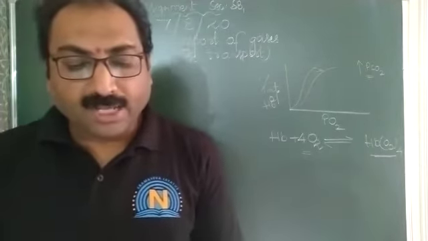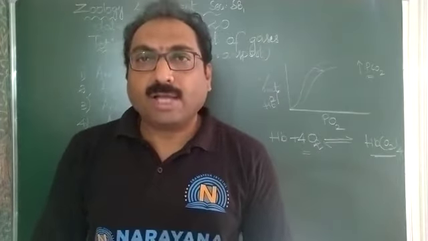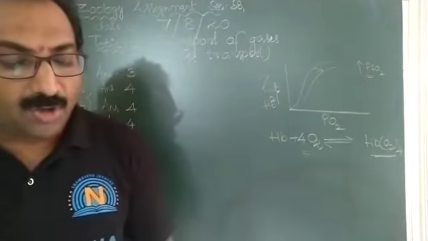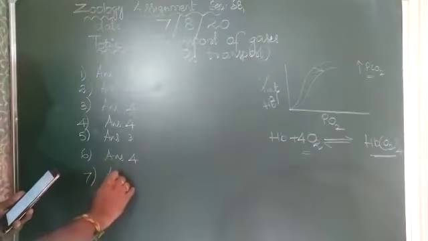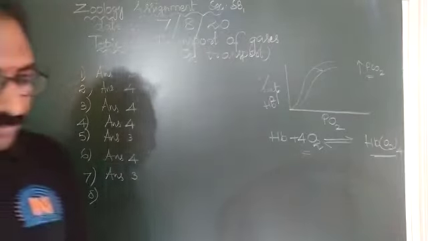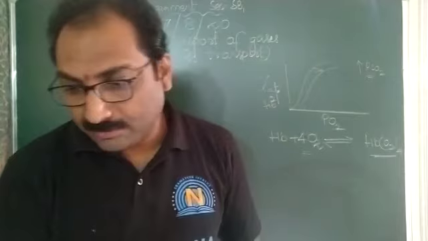And third one, thoracic cavity is anatomically an airtight chamber. So thoracic cavity is anatomically an airtight chamber. This is the correct option. So answer for seventh question is third one. And the next one, eighth question.